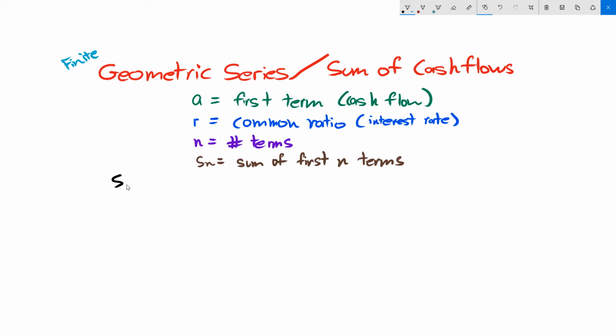We start off with Sn is equal to our first cash flow payment plus our second cash flow payment times our discount rate plus our third cash flow payment times our discount rate. And this is just going to continue on all the way until we get to a times r to the n minus 1. You might be tempted to put a times r to the n, but you have to remember that really this is not a times r, this is actually a times r to the exponent of 0. This is a times r to the exponent of 1. So we're actually always one term behind. So that's why when we get to the end, it's going to be a times r to the n minus